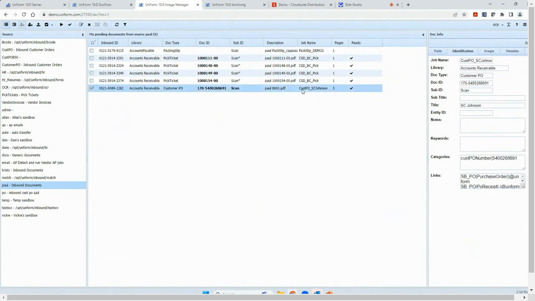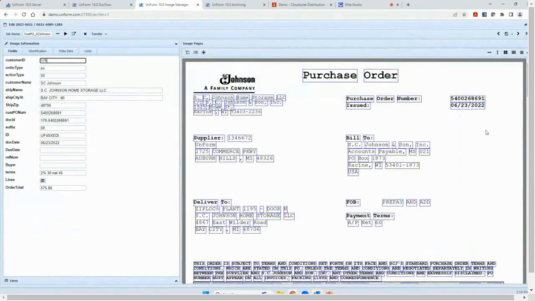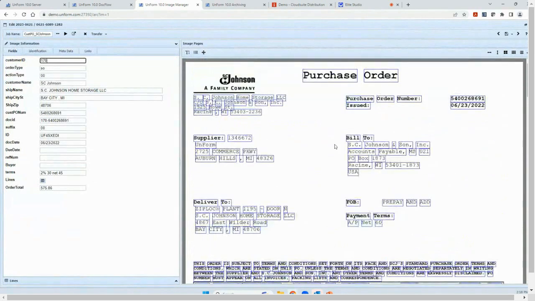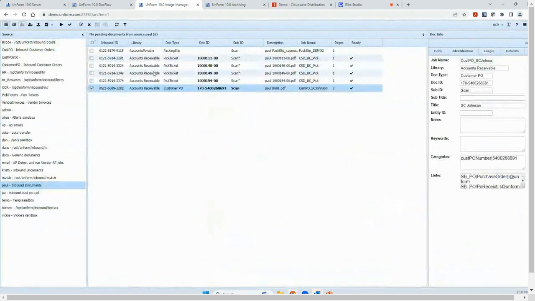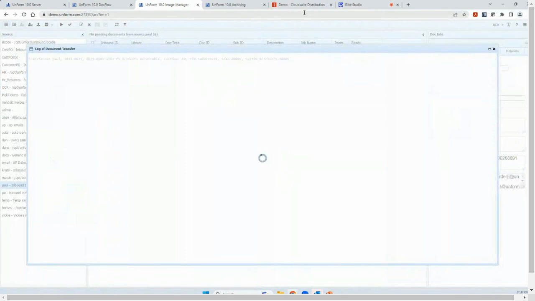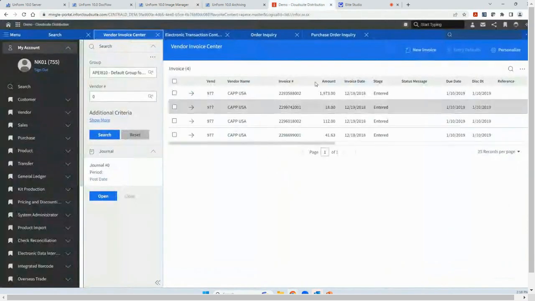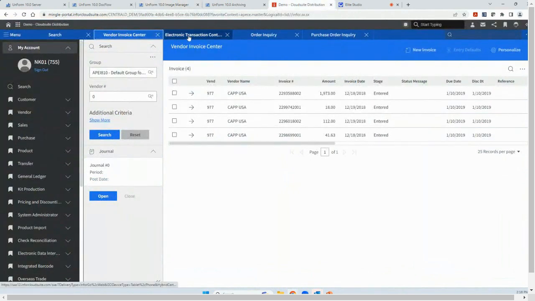You can do the same thing with this example of an inbound customer purchase order. Again, it's come in via email. We've got the inbound source configured to process inbound customer POs. It's going to pull the information off of here that we need, header information and line detail information, and then as it goes in, again, it's going to push it into, I've got this one set up to push into Cloud Suite.